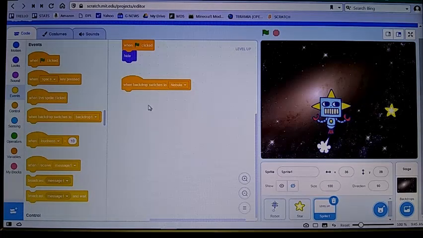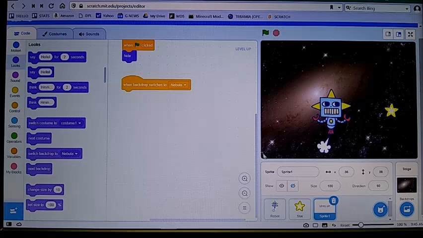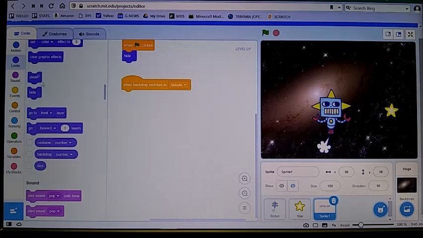Okay? And when it changes to Nebula, we want that sign to show up. Okay, so it's going to be under looks. And I just scrolled down. You see that? And here's the show block. Let's bring that into place. There it is. Okay? Now we want